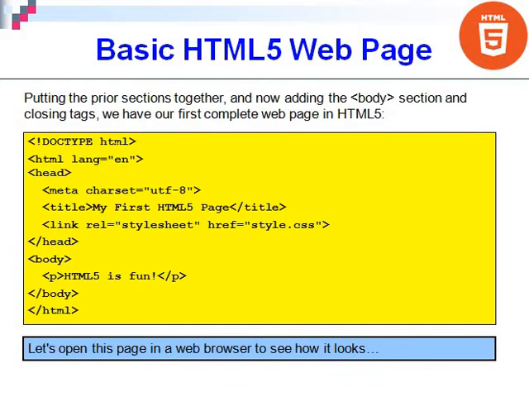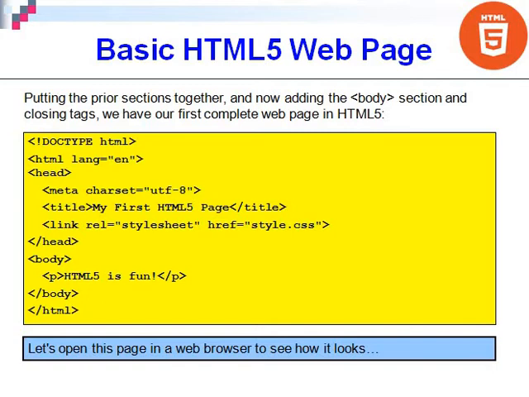Now we can see a basic HTML5 web page. Here we can see a simple web page which is specified in the English language. A head tag is here, which contains a meta tag that uses the character set UTF-8. The title is there, My First HTML5 Page.